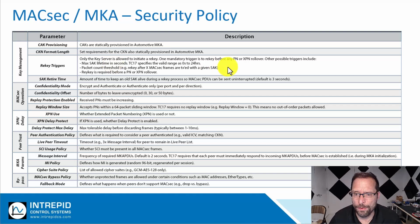Main thing would be when a packet number is close to rollover, but you can also trigger based on time and other things. How long does a key remain viable after a new key has been generated and installed? That's the SAK retire time. Whether we're using confidentiality, whether we're doing encryption or not, and if we're doing encryption, what data do we encrypt? Whether we're using extended packet numbers or regular packet numbers. Extended packet numbers take a longer time and don't roll over, so it reduces the amount of rekeys that have